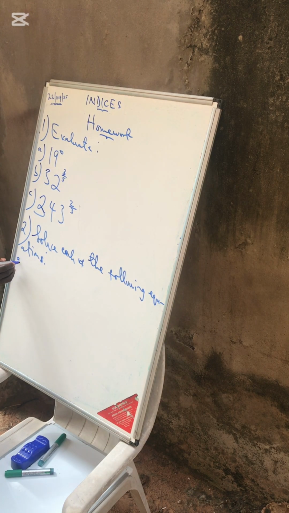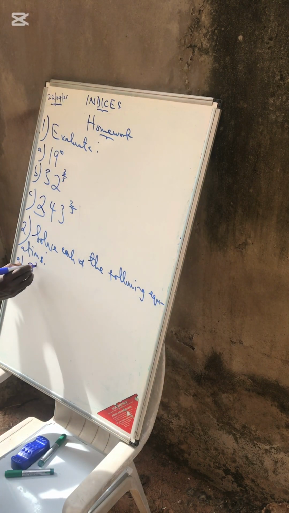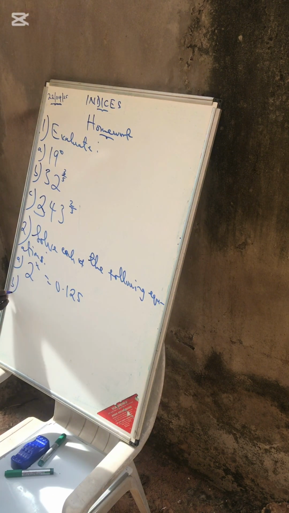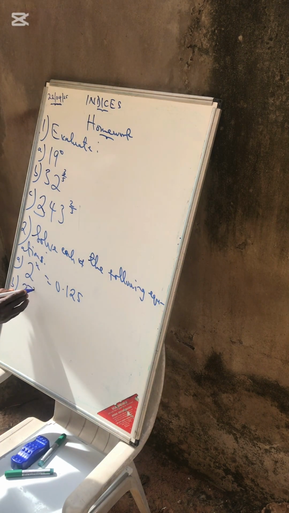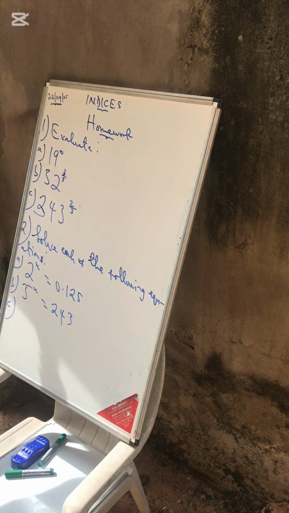A: 2 raised to power x equals 0.125. B: 3 raised to power minus x equals 243. C: 4 over 2 raised to power